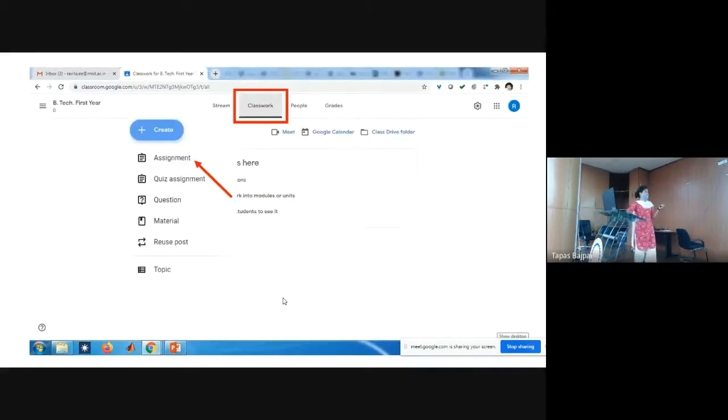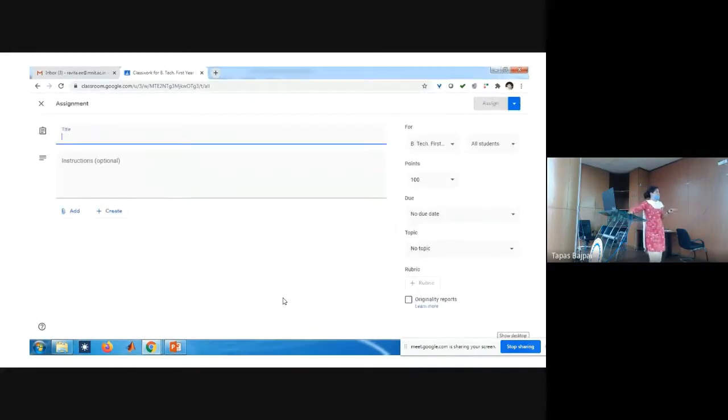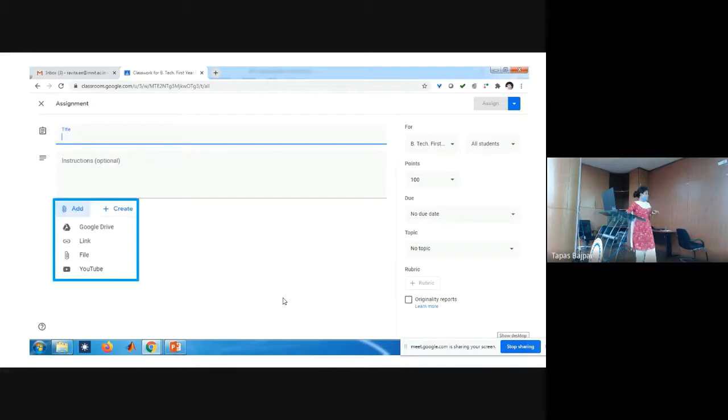When you click on assignment, this window will appear, and here you have to put the title and instructions for that particular assignment. You can add a video or PDF, whatever you want, and create Google Sheets or Google Docs.